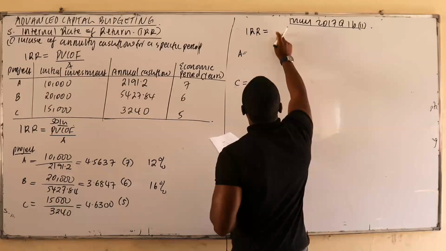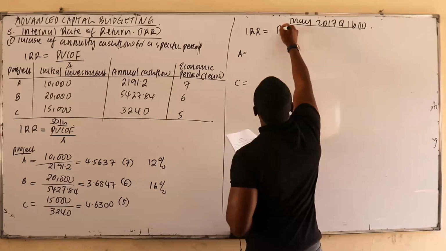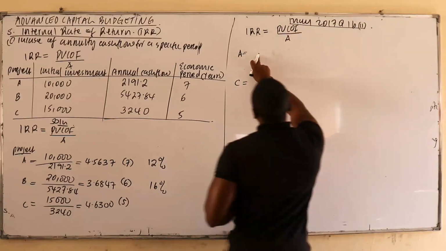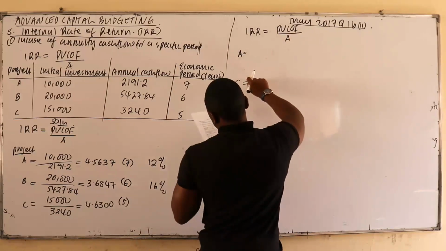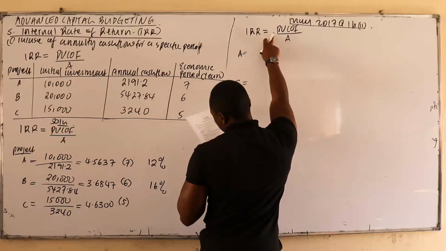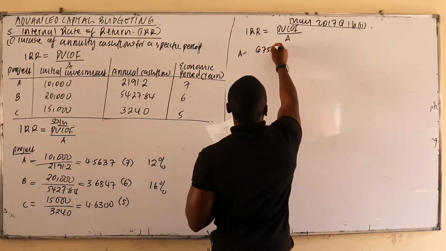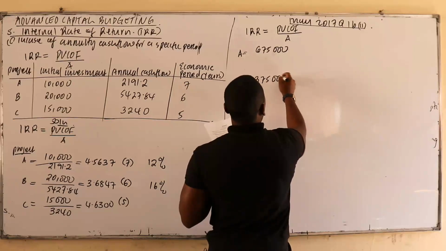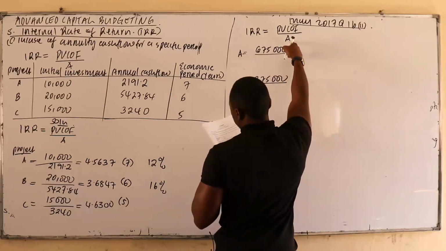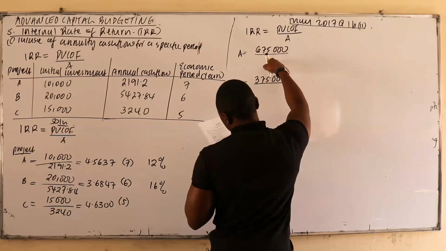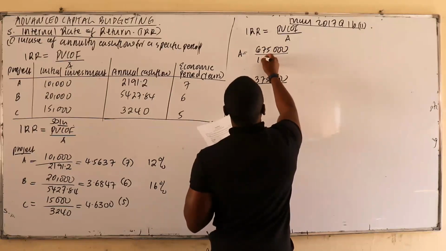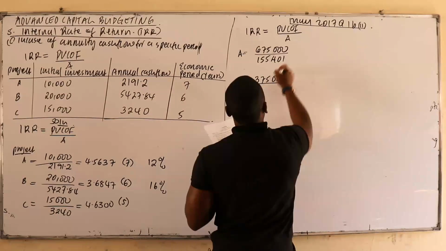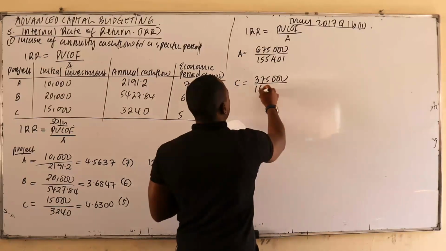In case of annuity cash flow for a specific period of time, you take the present value of cash outflow and divide by the annuity. So now you're computing for A and C. Project A, the initial outlay we have is 675,000, and C, we have 375. Then you divide by the annuity. Annual cash flow for project A, we have 155, and project C, we have 161,